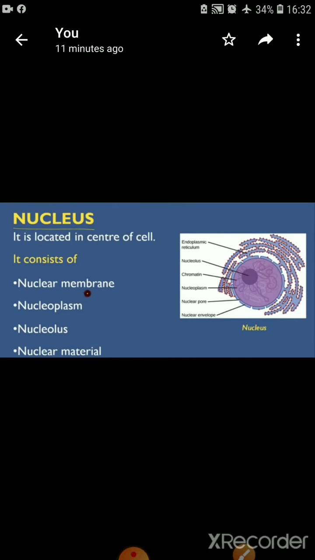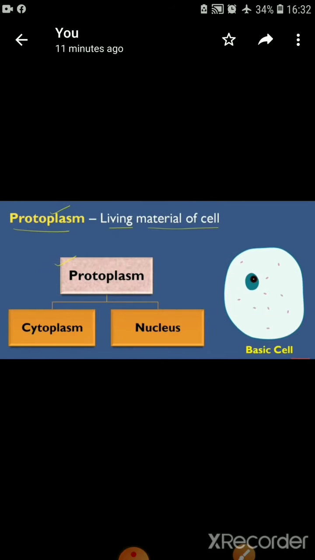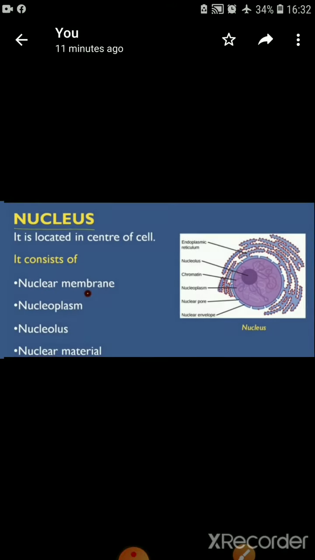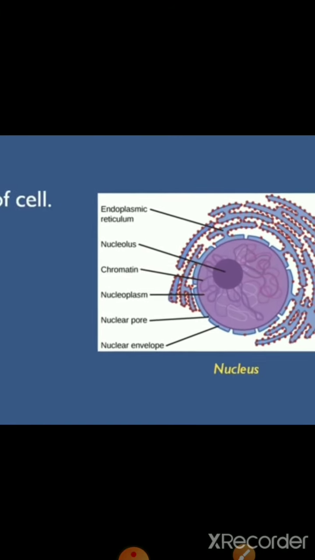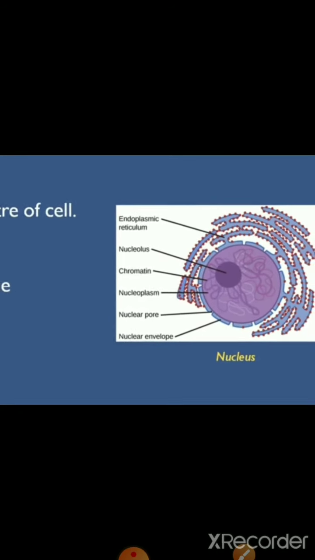Today we will discuss what is the nucleus, right? Under protoplasm we will discuss today nucleus and cytoplasm. First we will deal with the nucleus, later on we will discuss cytoplasm. So today we will discuss in detail what is the nucleus. As you have understood what the cell is, under the protoplasm, cytoplasm and nucleus are there, isn't it? Now if we see the nucleus in detail with the help of a microscope, the figure will be seen like this, isn't it?